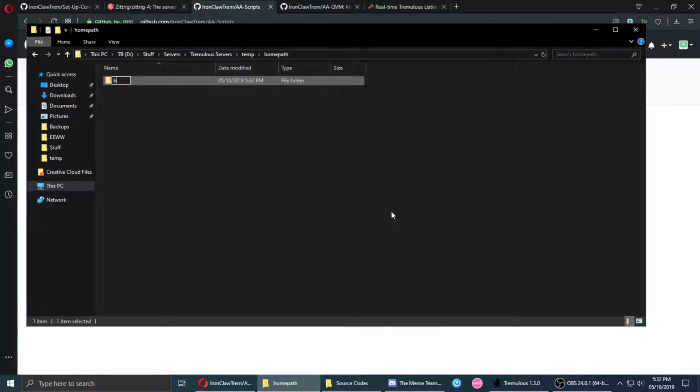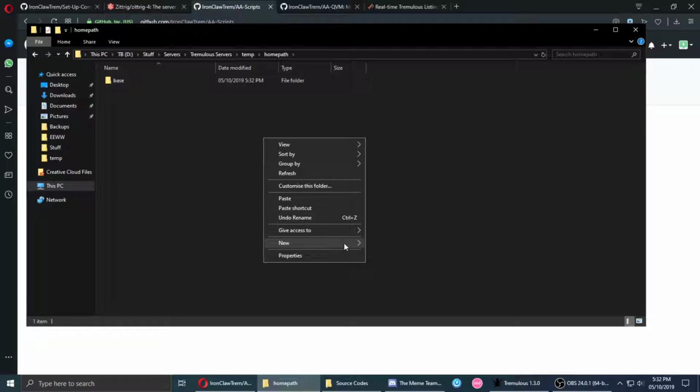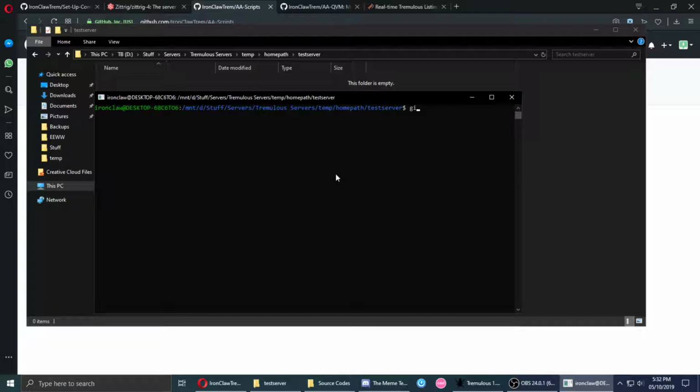So in home path here, we're going to make a base folder in here. Now this is where custom maps are going to go, if you want to add any. And then here you're going to have a folder named whatever you want. So I'm just going to say test server. And in here, I'm just going to quickly clone